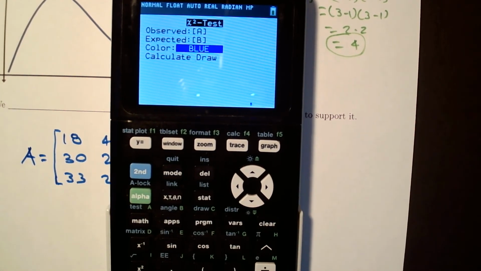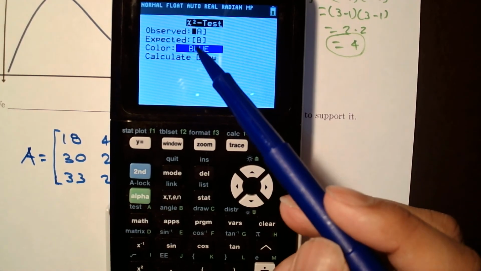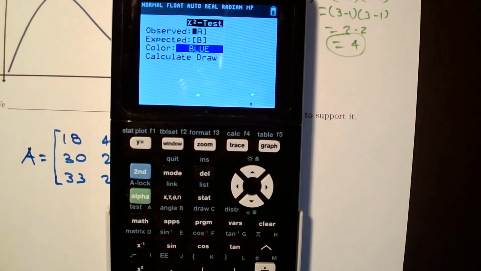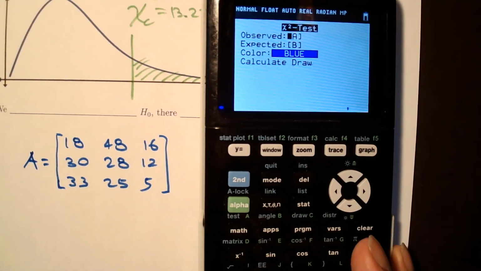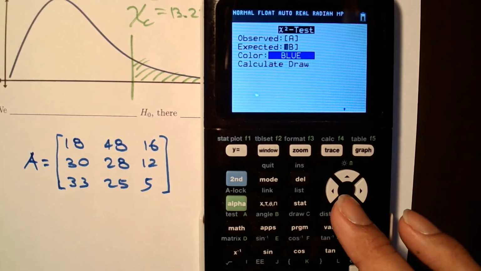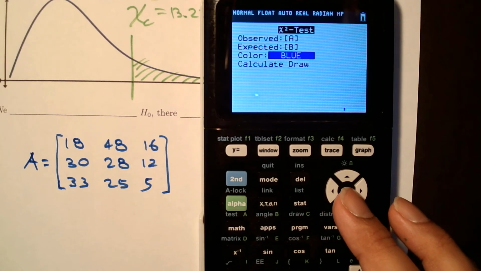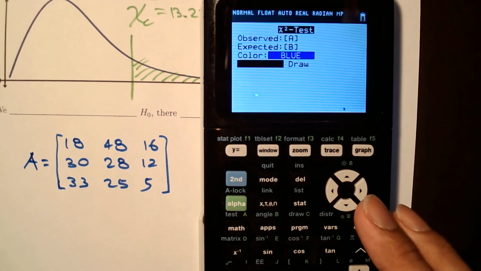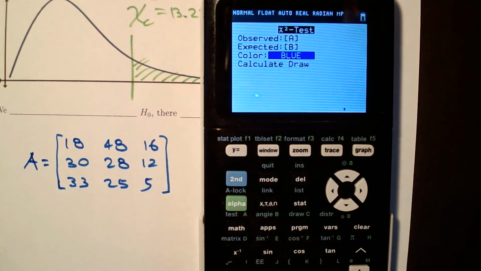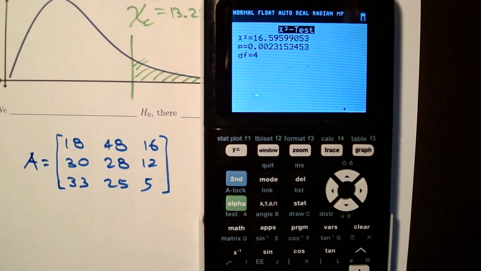chi-square test. In this case, observed values are the values from the matrix that we input. We don't need to worry about matrix B. The only thing we have to worry about is that they have the same dimensions, in this case 3x3. And then finally, calculate. Notice in this case you don't have to input any degrees of freedom. It's going to do this for you. Click calculate, and we're going to get